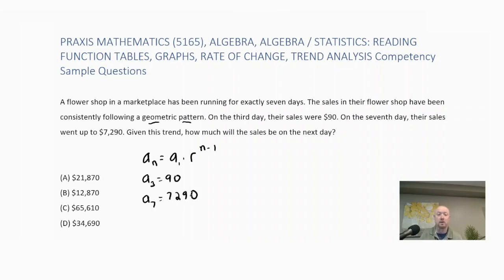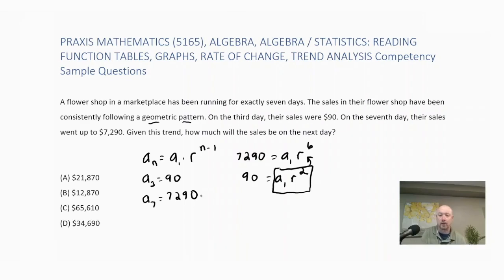$7,290. So what I'm going to do in this case is use the seventh day. So if n is 7, we have $7,290 is equal to a sub 1 times r to the 7 minus 1, which would be the 6th power. And we know that a sub 3 is 90, so that means that 90 has to equal a sub 1 times r squared, the 2nd power. So what I can do is sub in a sub 1 times r squared into this